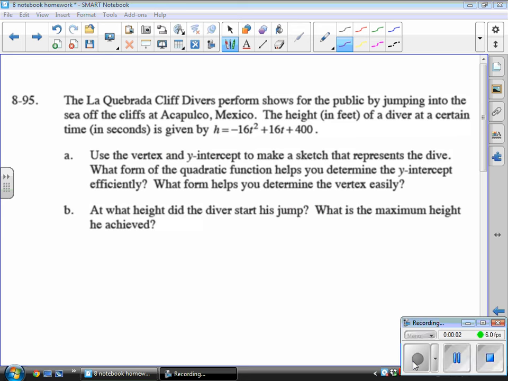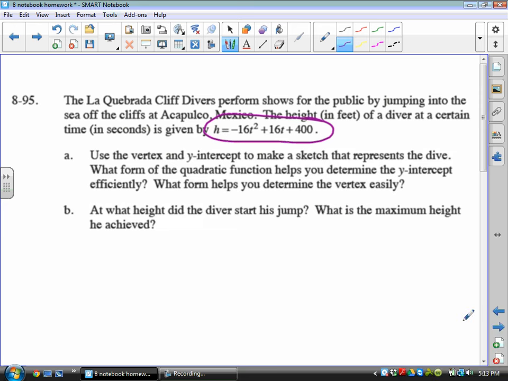This is problem 8-95 from section 8.2.2. It's talking about some cliff divers who have an equation of their flight path of negative 16t squared plus 16t plus 400, where t is just their time and h is their height, so it's like x and y. It says use the vertex and the y-intercept to make a sketch that represents the dive,